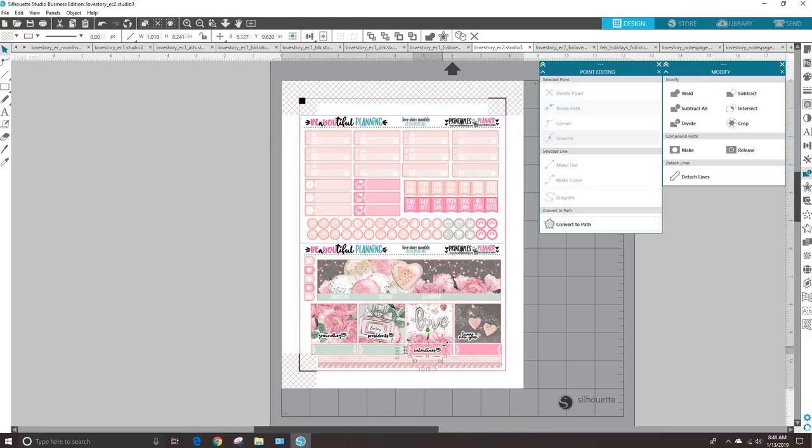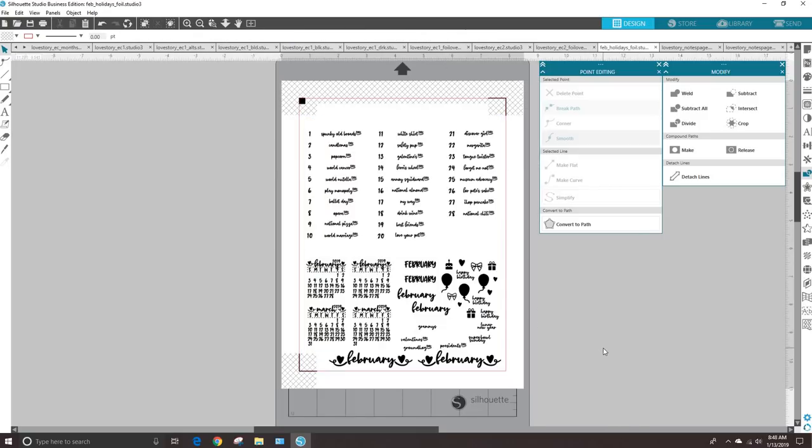You can make them just a little bit bigger if you wanted. That wouldn't work there, but that's fine. It's really up to you where you want to put your holidays. Like I said, this is just to save if you're not gonna print this whole holiday foil kit. This is foil ready, so you can